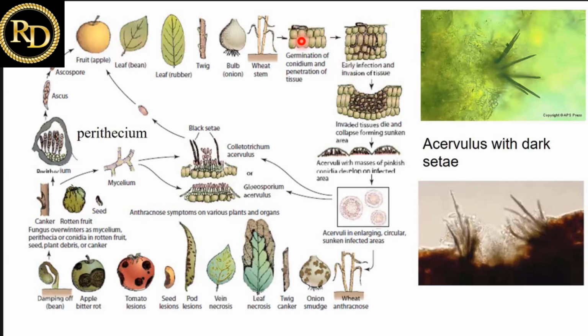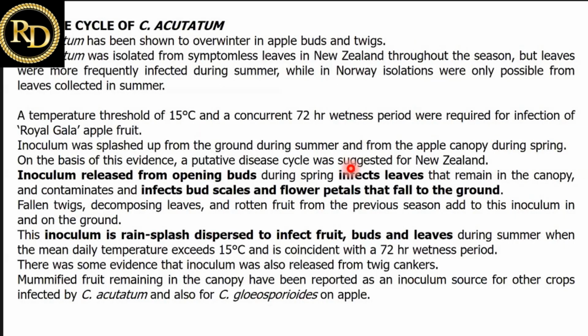And then there is a first penetration with the latent infection, formation of the appressorium, and then later invasion of the fruit and formation of the acervuli. Okay, the disease cycle of Colletotrichum acutatum is quite similar, but in this case, the inoculum, this is a study